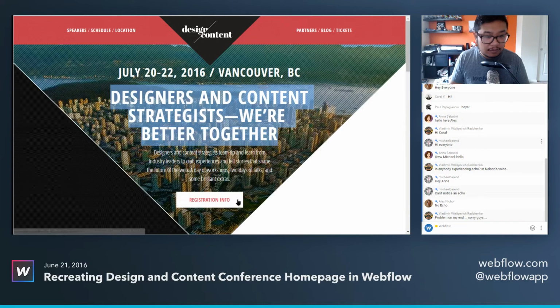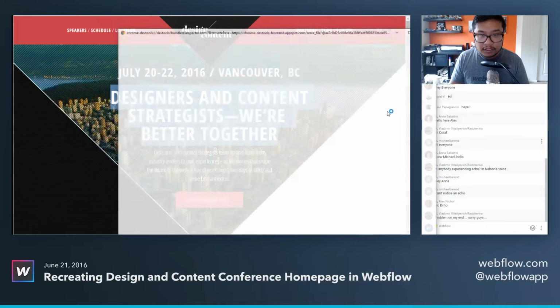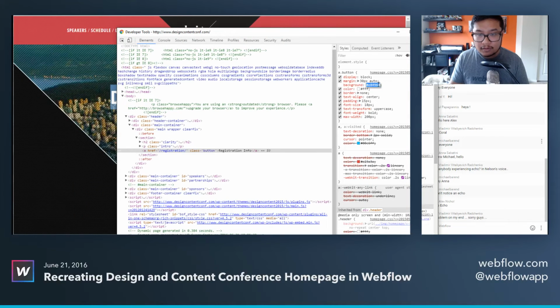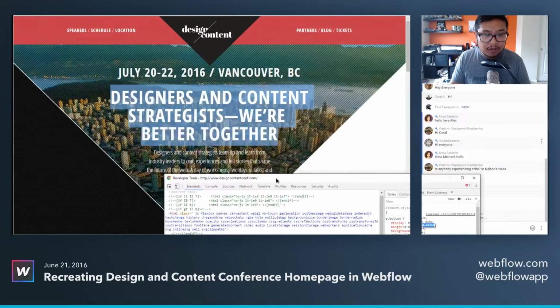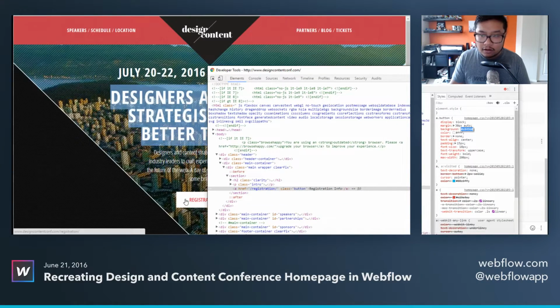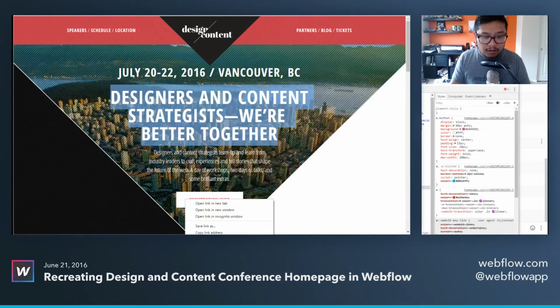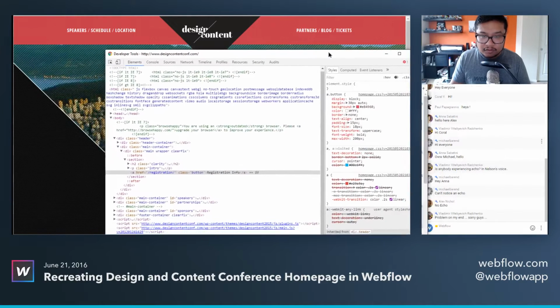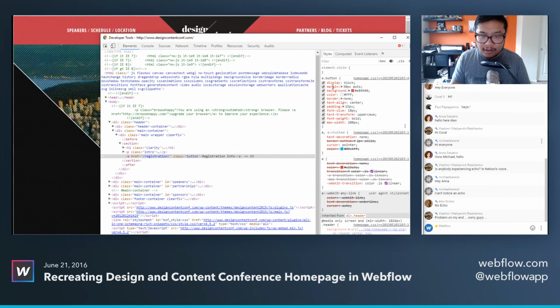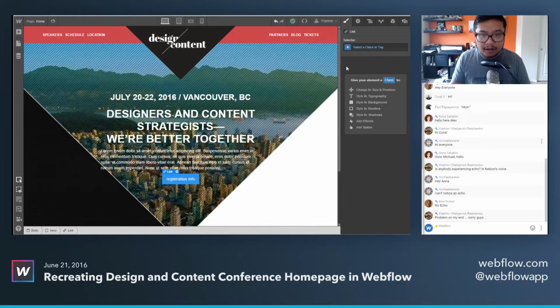I need to find out the background. There we go, the background color. So I got the hex of it. If you don't know how to find a color, you can always right click on an element and click inspect, and you'll get this developer tools, and you can find colors in it. Okay, so I'm gonna copy that, and I can just say